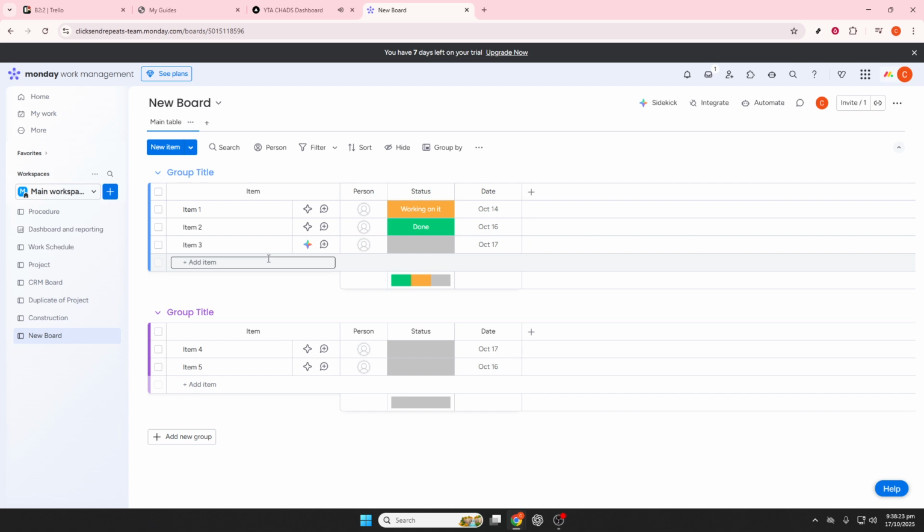Update stock levels after every sale or restock to keep your data accurate. Use filters to easily view items by supplier, category, or those with low stock. You can also set up weekly automations to remind yourself to check the inventory status and keep everything running smoothly. And that's it. By following this process, Monday.com can become an